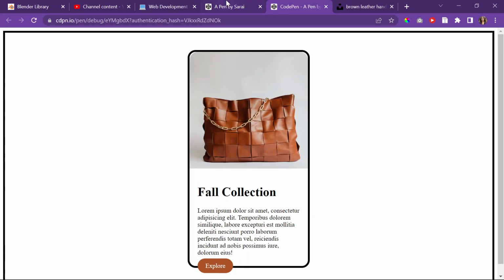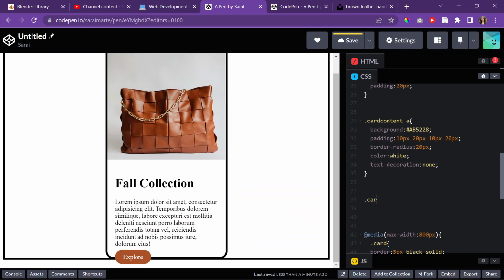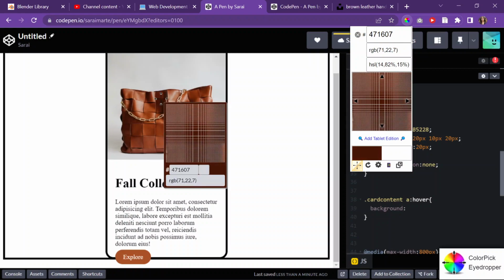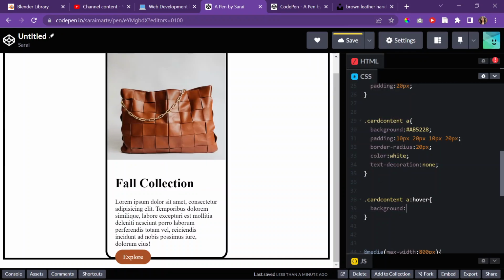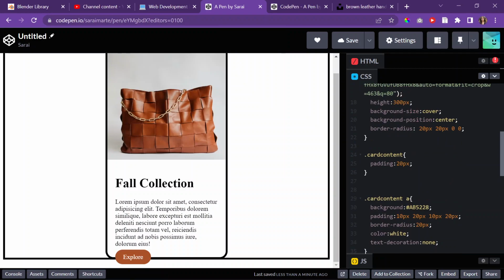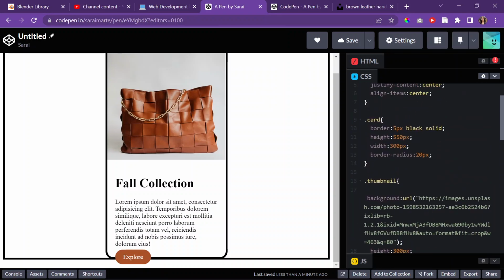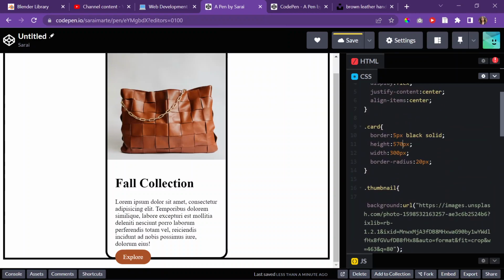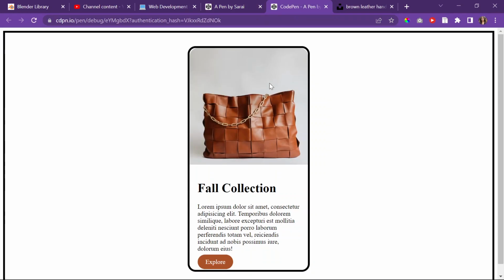Alright, and then when I hover over it, I need the background to change into a darker color. So I'm going to use my color picker and get a darker color like this. Just paste that in there. Alright, and then when I hover over it should change. Perfect. Alright, and then probably give the height of the card to be a little bit more, or something like